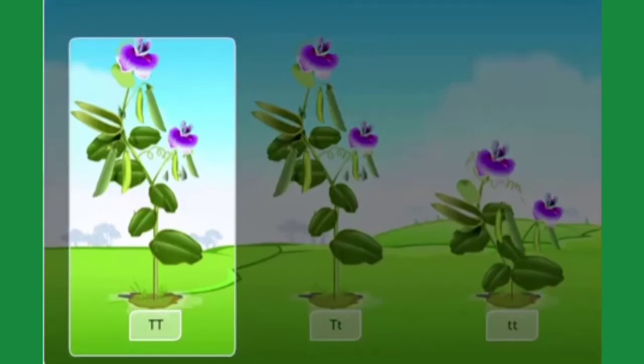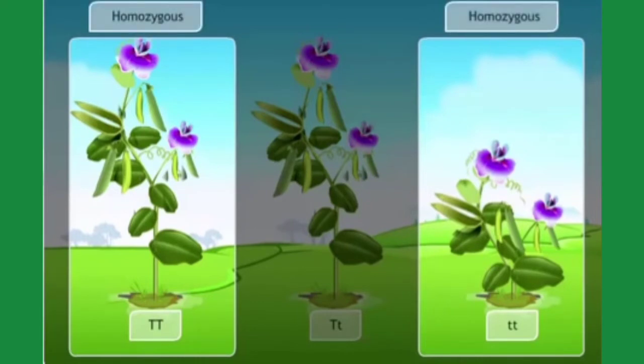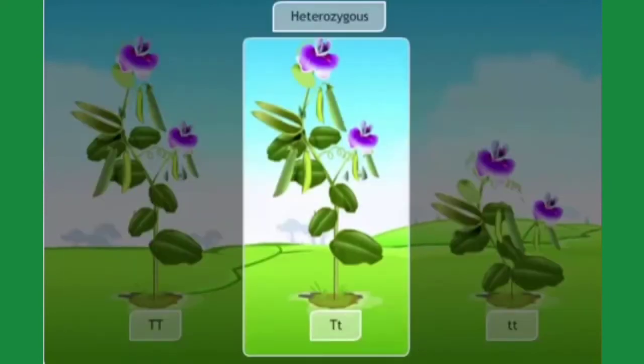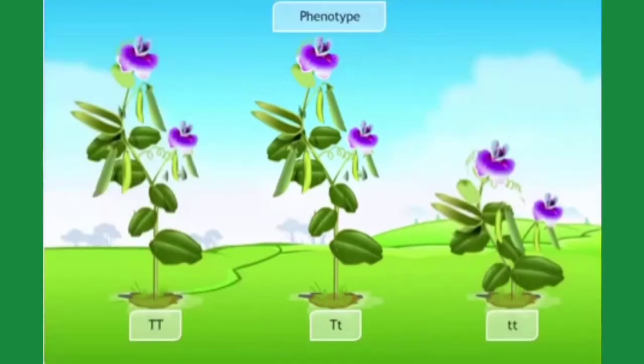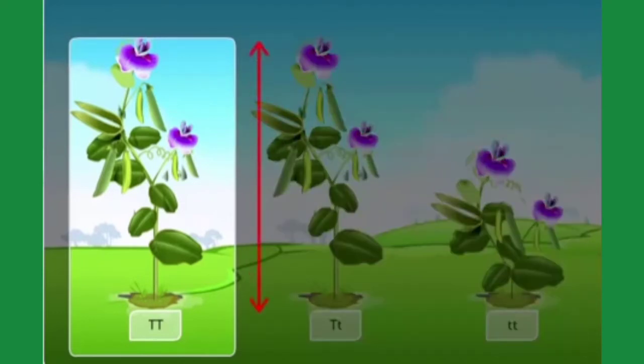Uppercase TT or lowercase tt are homozygous and uppercase T and lowercase t is referred to as heterozygous. Yet another important term is phenotype. Phenotype is the physical appearance resulting from a genotype. For example, if a particular plant is tall,